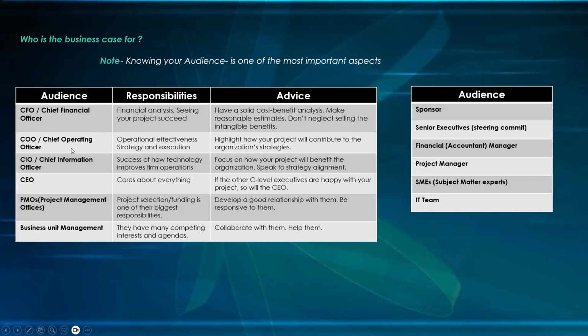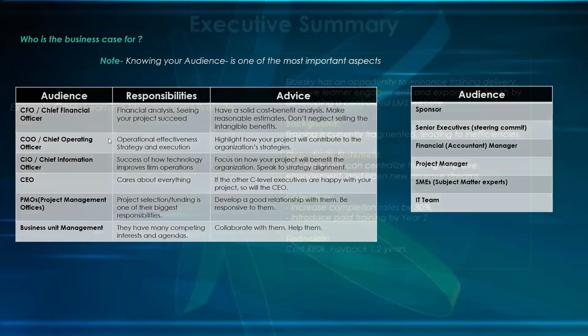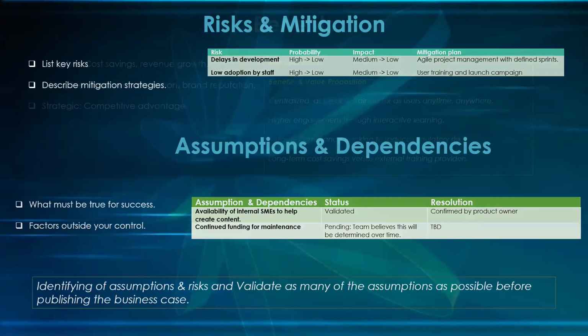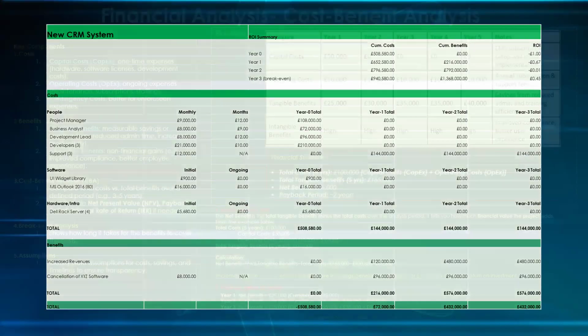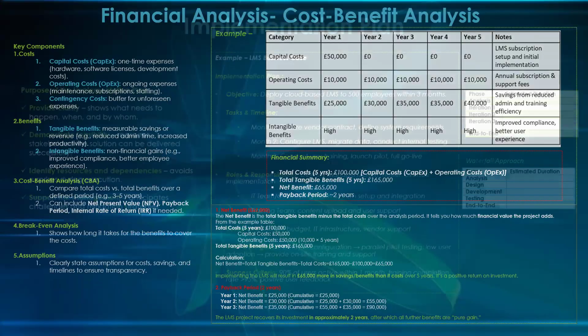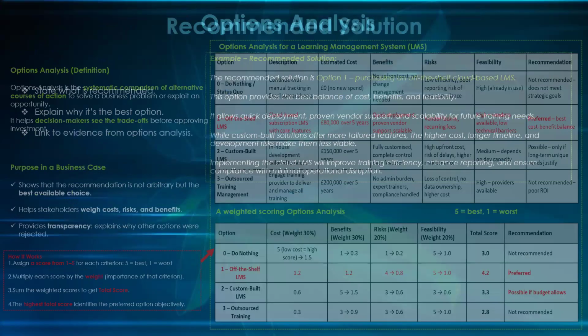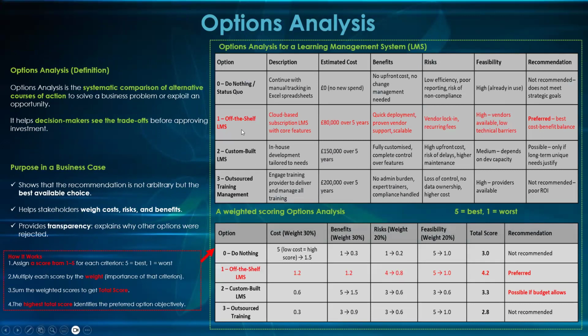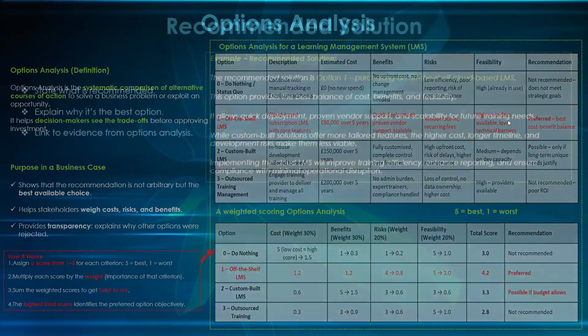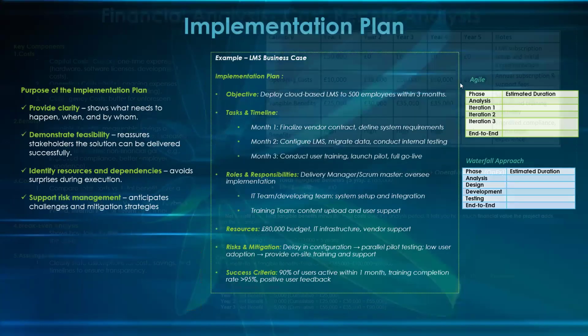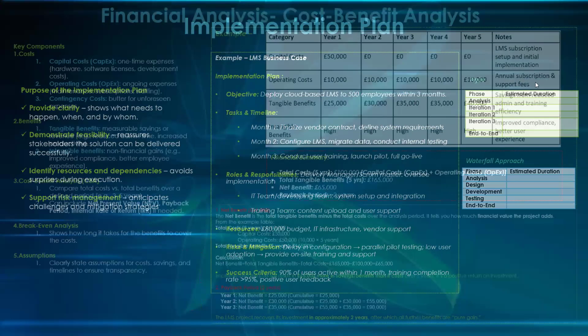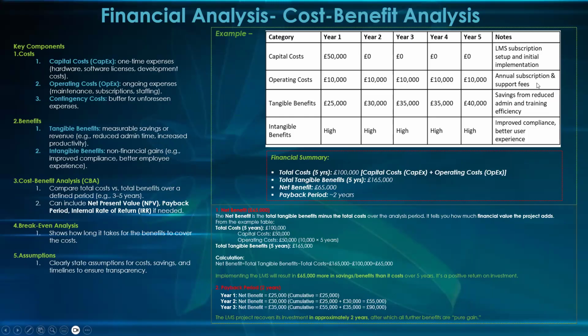Then the chief operating officer will be interested in not really the money. He will be interested in, okay, how did you arrive at this? He wants to know how you arrived at this, what will be involved, so that will make up what the operational cost is. What level of subscription do they need?